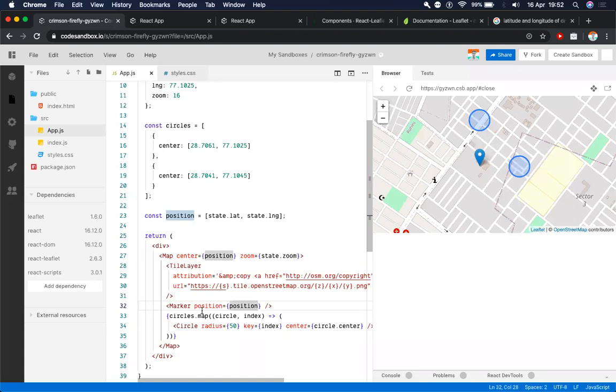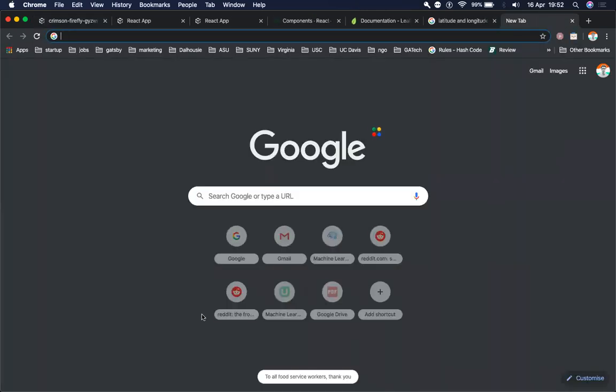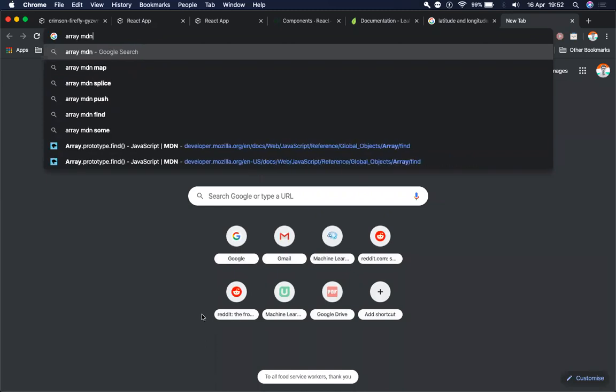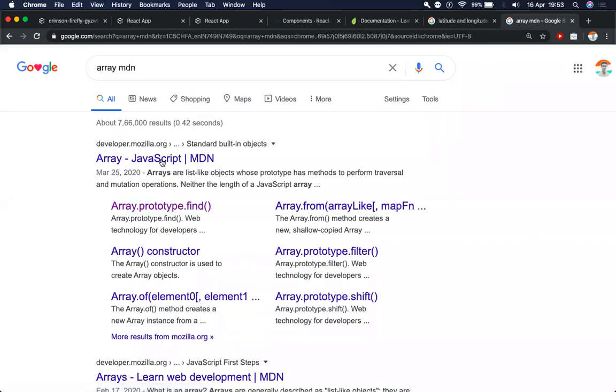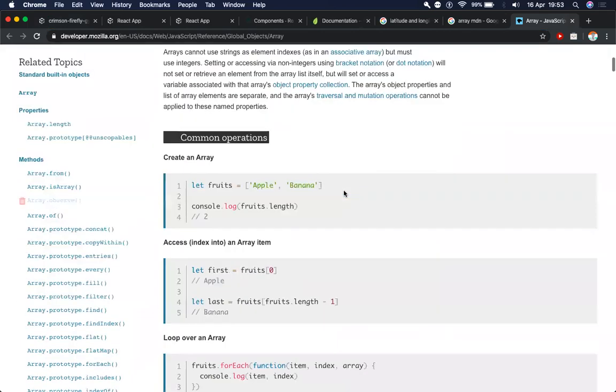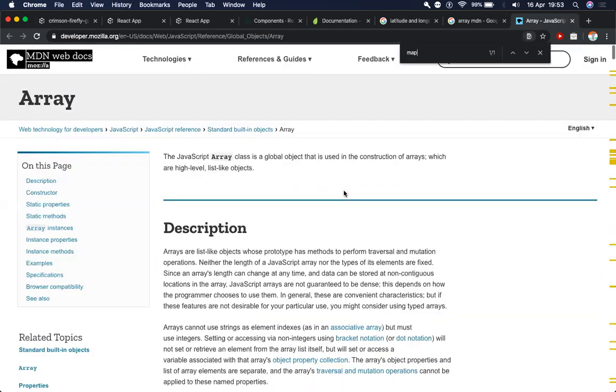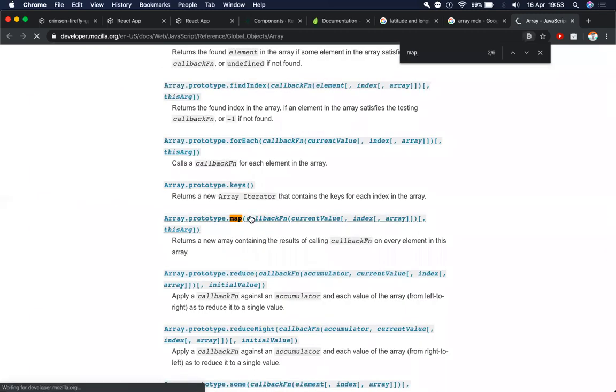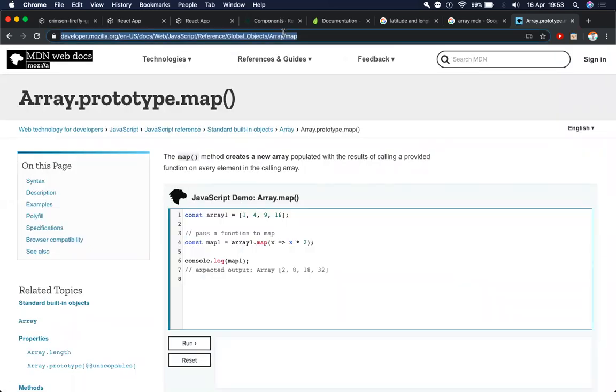If anyone has any doubt in how map worked, etc. So again, I pulled this out of thin air because I already know how map works, but if anyone has any doubts at all, what you can do is look up array properties on MDN. So MDN is the best source for finding JavaScript related documentation. So this is array, and I can search for map here. Okay, so I guess, yes. array.prototype.map. So this is where you can look up the documentation for map, which I used here.